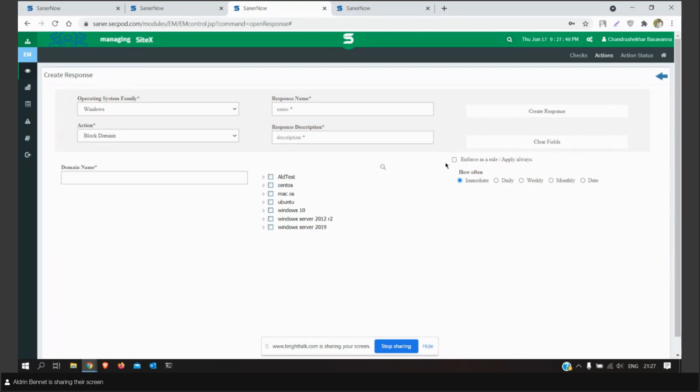That's nice, Alden. So, as Alden mentioned, we have a lot of network actions which you can manage in an endpoint and you can make use of these. We'll see the next scenario now.